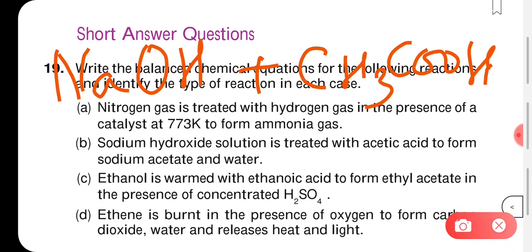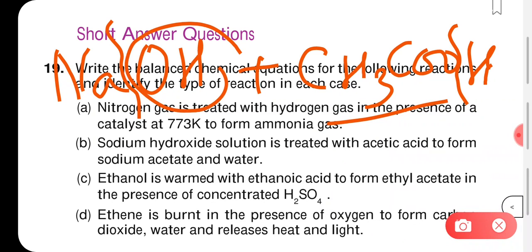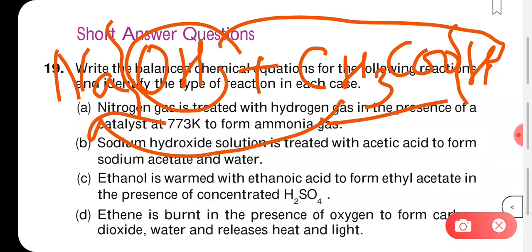Okay, sodium acetate. So see children, sodium hydroxide, it's a base, it has OH minus ion, so it will disintegrate from here. This is an acid, right? CH3COOH, this thing is an acid, so it will give us H plus ion, right? So it is going to break from here. So now this is how it is going to combine. OH will go along with the H, whereas this CH3COO is going to go along with Na. Fine. So it will form sodium acetate.